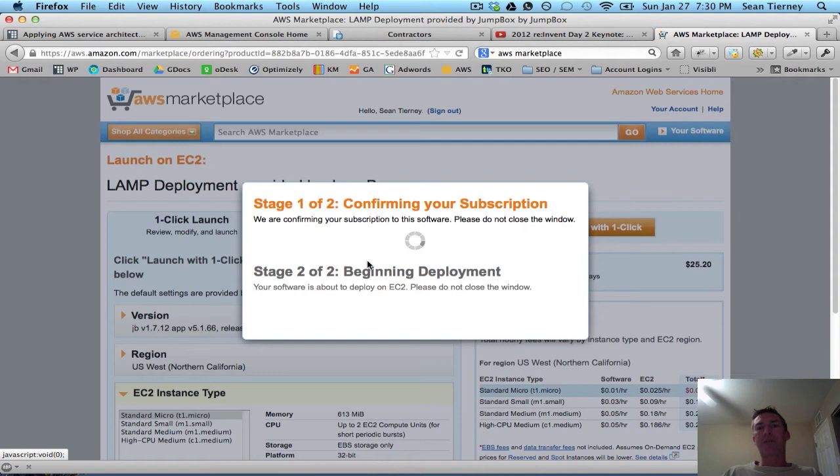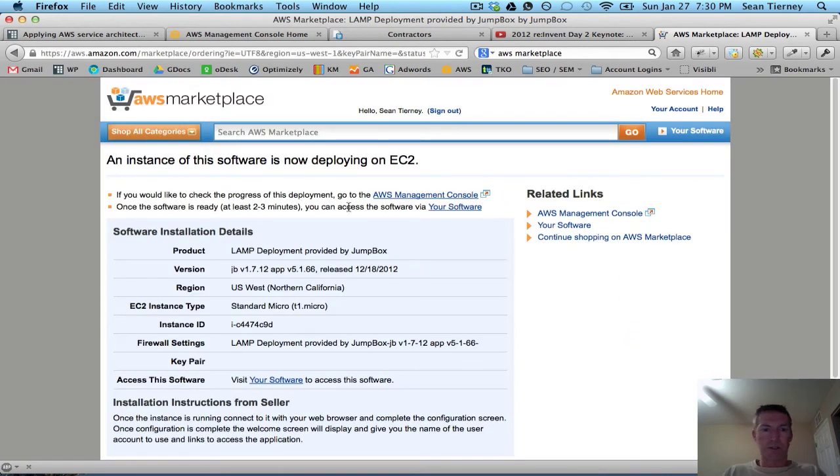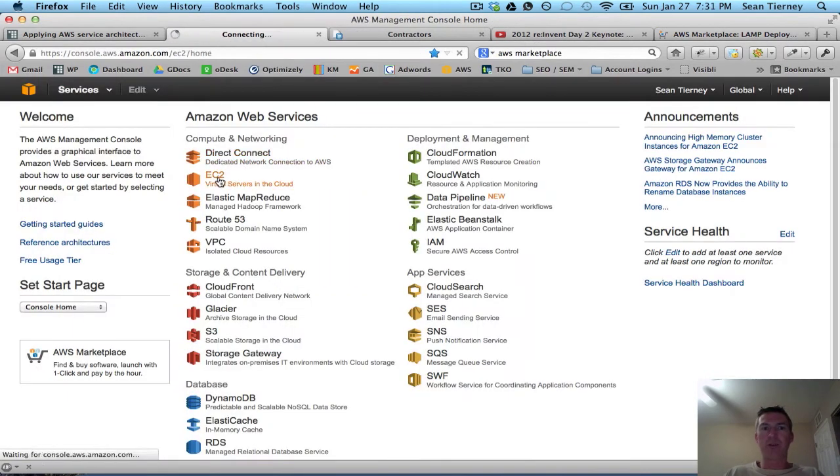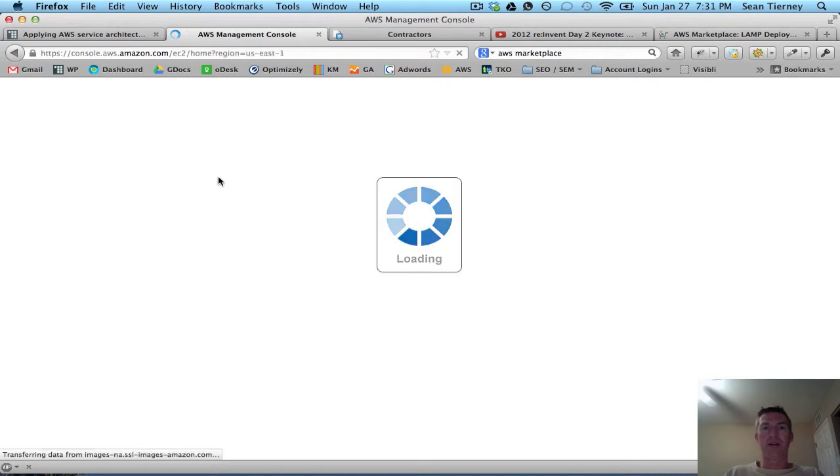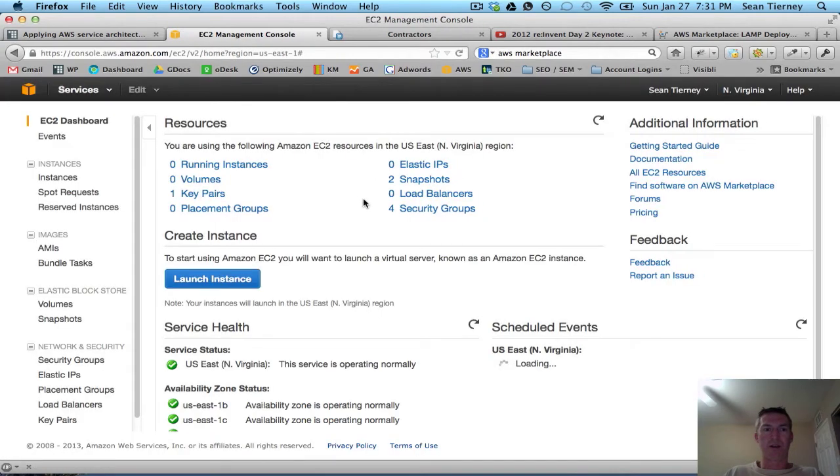In the background, it's actually launching this computer in Amazon's cloud and injecting this jump box, which is our thing. It's basically just configuring this computer, and then we're going to have access to it. Okay, you can see that it just finished. The way we get to it now is to go back to our console, fire up EC2, and we're going to see that the instance should be running. If we go to instances,